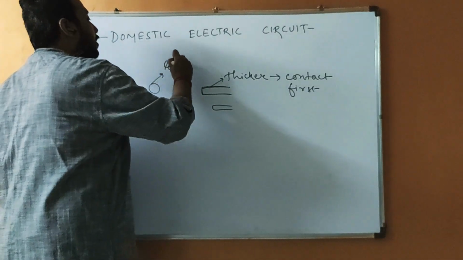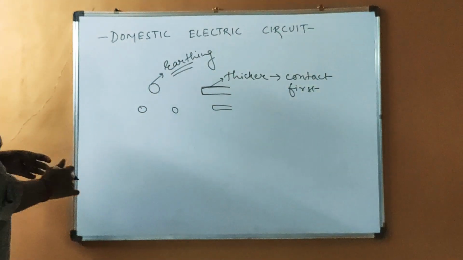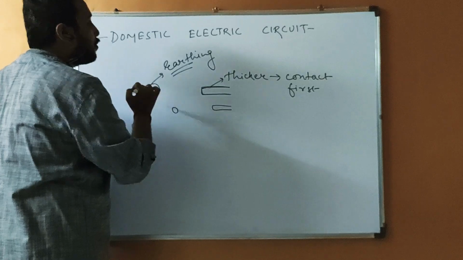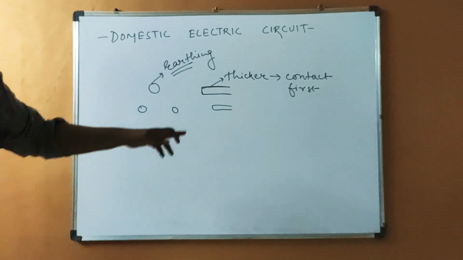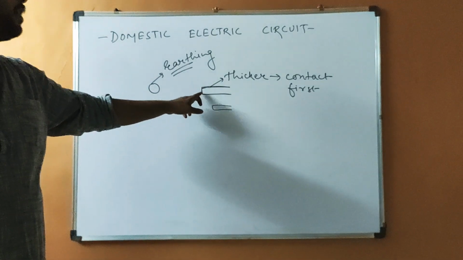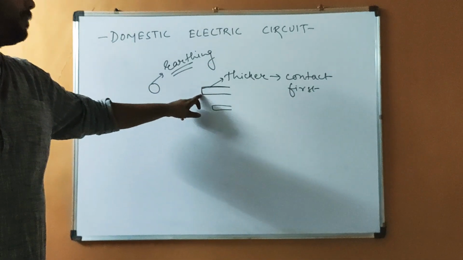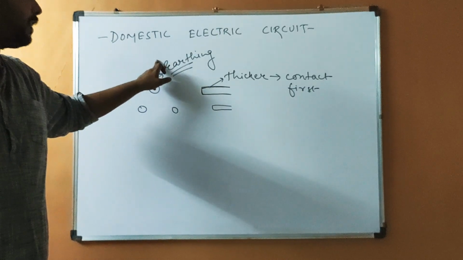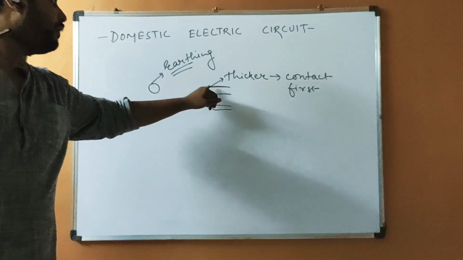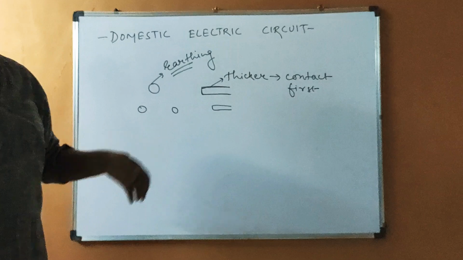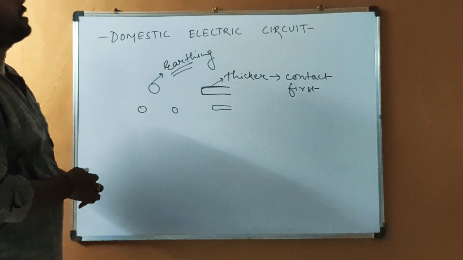Which pin is this? This is the earthing pin. So if there is any leakage of charge, first this pin will come into contact and that charge will flow back to the earth. That's why the upper pin is always made thicker and larger and this hole is made bigger, so that the first contact is made by the earthing pin. If there is any leakage of charge in the metallic body, it will flow through this to the earthing wire and back to the earth, and therefore the person using that appliance will not get a shock.